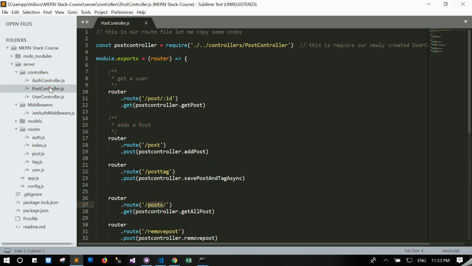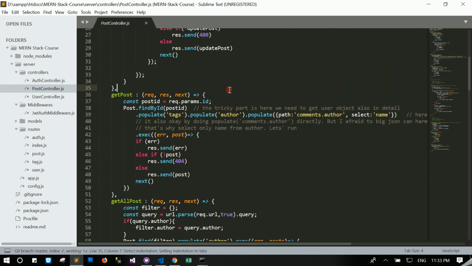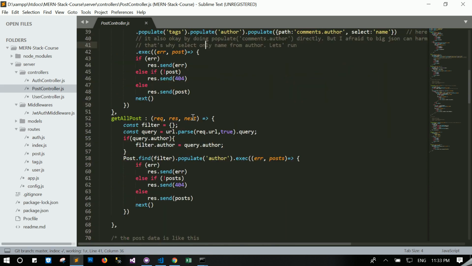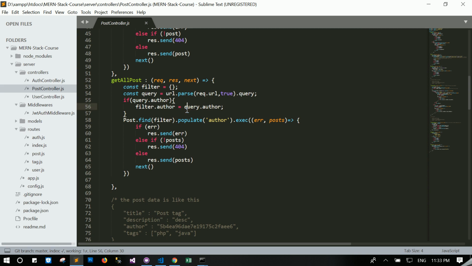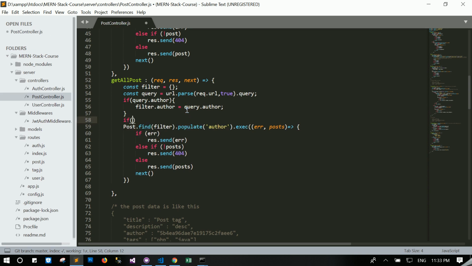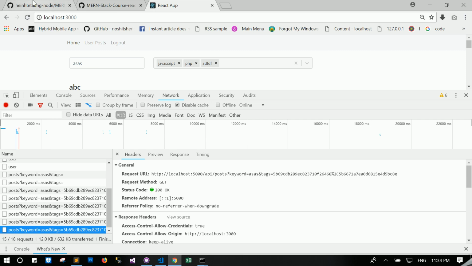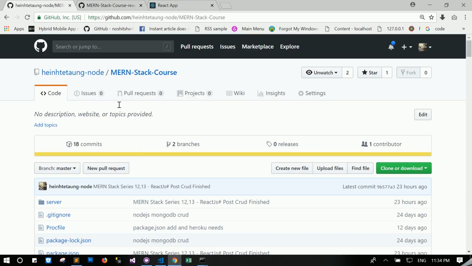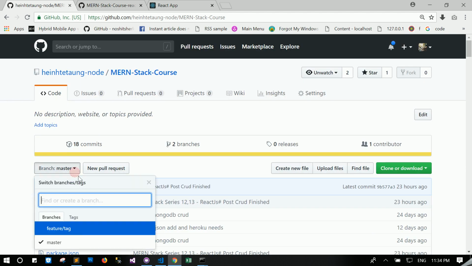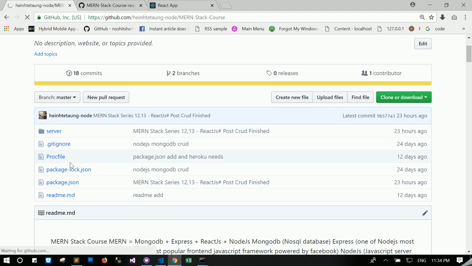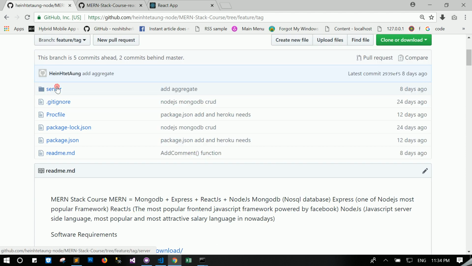In the server, we need to change the post controller and the get post. We need to add another function, get all post. Okay, and right here, if query.keyword contains, we need to filter dot keyword is. Oh, there is a little trick with like in Node module, but I already prepared it, and let's check it out. What I prepared is in feature text server